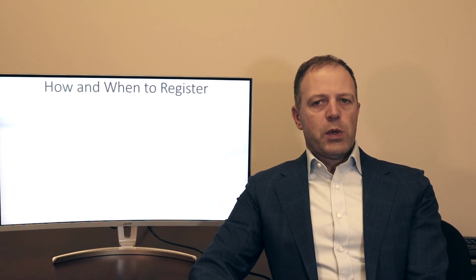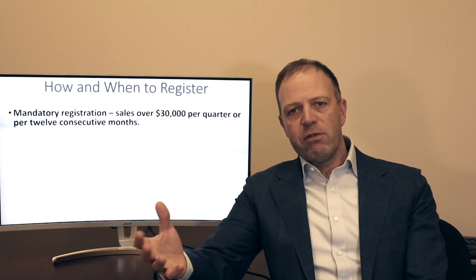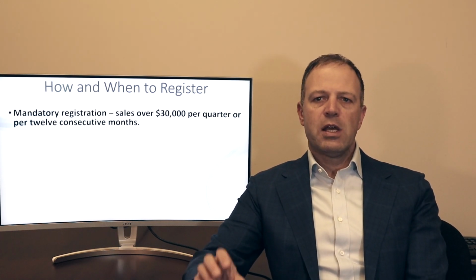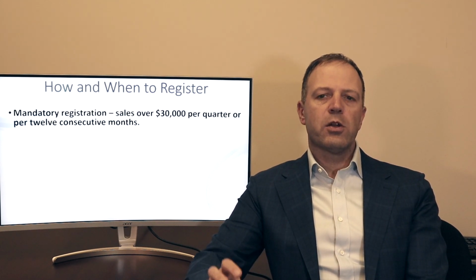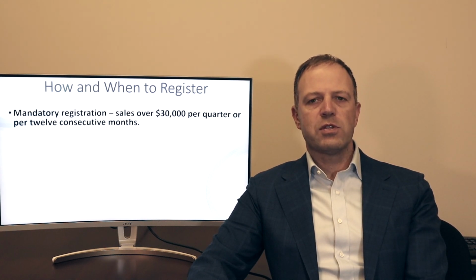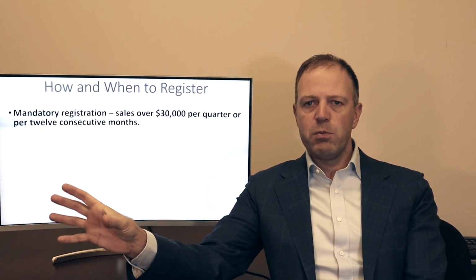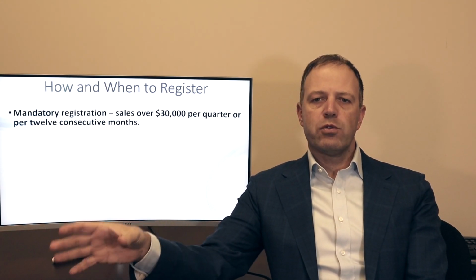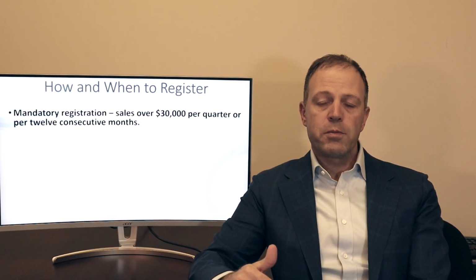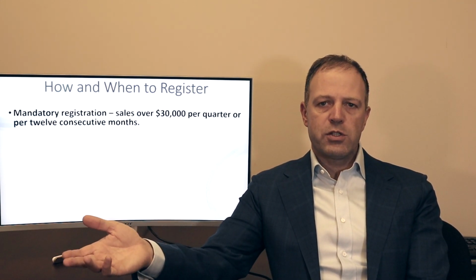We as business owners, when should we register, at which point, and how to navigate the registration? So there is a mandatory requirement for every single business that offers regular products to register for HST as soon as the business reaches $30,000 of sales in any given 12 months or quarter. So as soon as you reach within that period of time $30,000, you have to register, and from then on you always collect HST even if your sales fall. But if you sell less than $30,000 per year, then you don't have to register for HST and you can